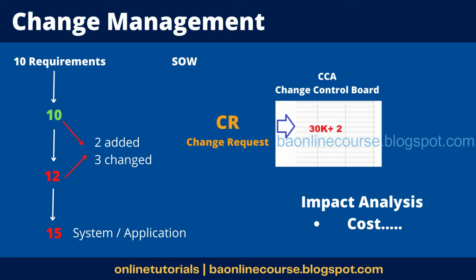Okay, means suppose there are 10 requirements signed off in the SOW, or baselined in the SOW, and we are preparing the BRD for those 10 requirements, and suppose he is adding one more requirement into the BRD, then again we have to ask him to go for the change request, because the budget allocation and everything would be reconsidered for that one additional requirement. Okay, fine. Exactly, right?